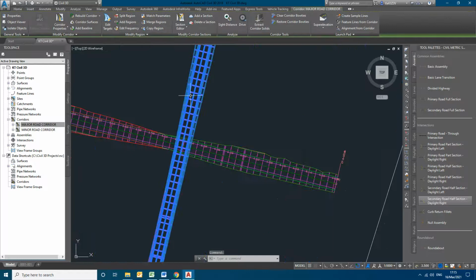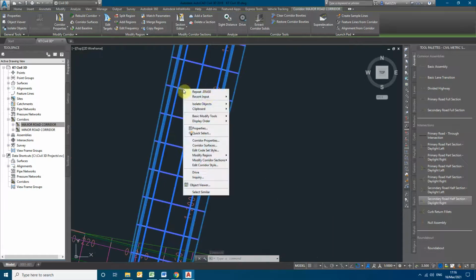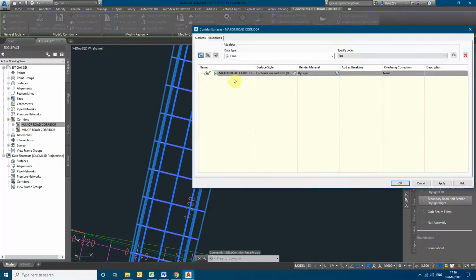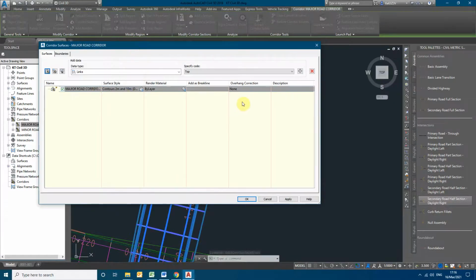So for creating the sample lines, first we have to create the corridor surfacing. So this is the corridor surface. Here we have to add our created corridor. Now I want to check whether it is top lines, bottom lines. So our work is a corridor. Now we are creating the sample lines for generating the earthwork, for which we will be needing the bottom related details apart from our road data. So we need the earthwork which is below the road surfaces and our component surfaces or assembly component surface. So I'll be selecting the bottom lines.